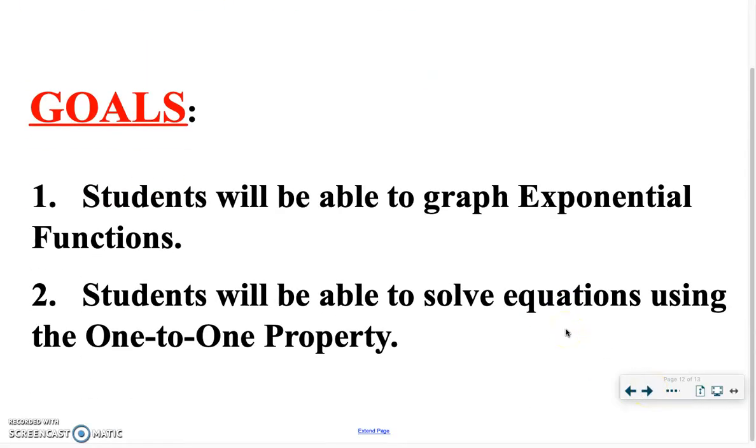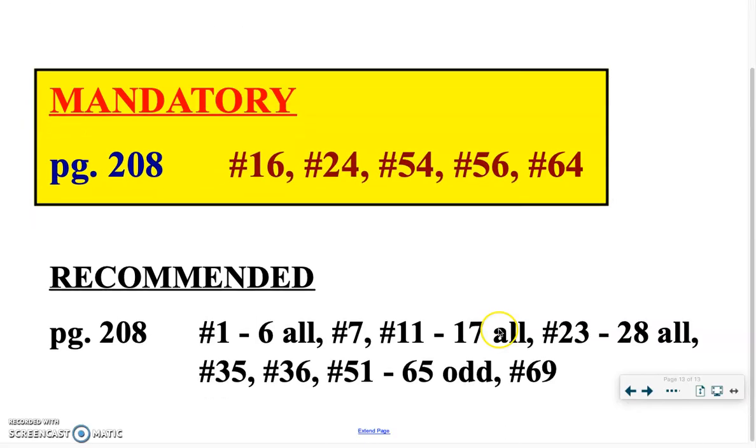All right? So I think that we get it without doing this. The goals, do you want to see your test real fast? Okay, one second. The goals here, how did we do? We feel like we know generally how to graph an exponential? Yep. Okay? Understand that one-to-one property? Yep. We've already talked